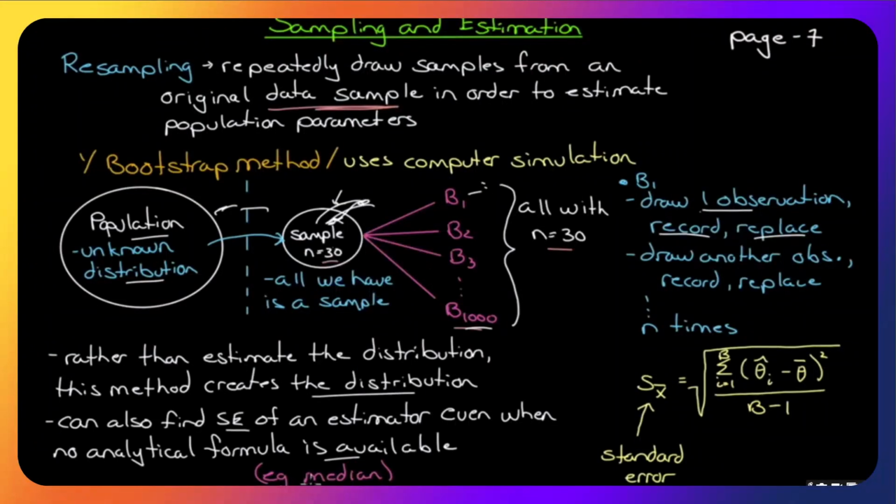We can find, for example, the median, and we can find a standard error for the median, which from an analytical perspective, there is no formulation for finding the standard error of a median. So here's what we do. These thetas represent, if you have B1 all the way to B1000, theta with a bar on top is